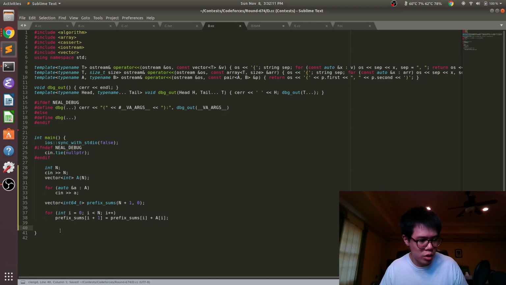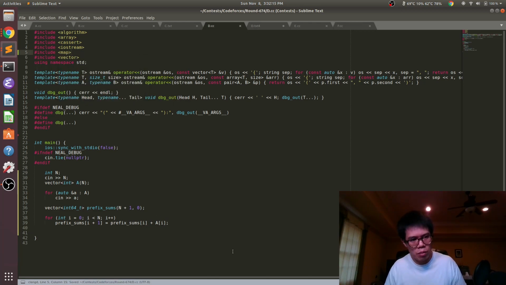So this is just how you compute them. And I guess we'll keep a map, maybe a set of the sums. We'll call them current. And int changes equals 0.